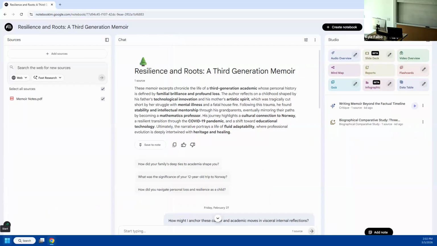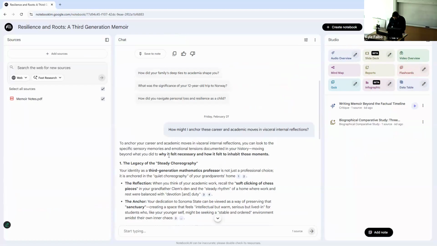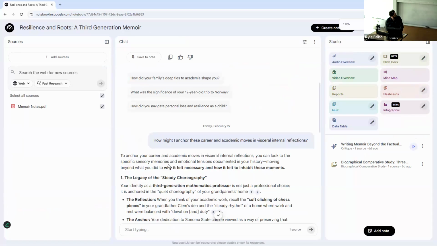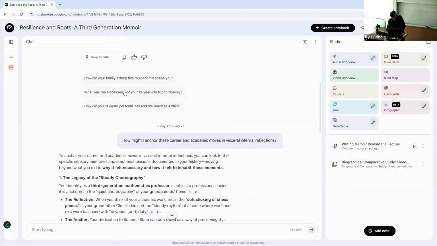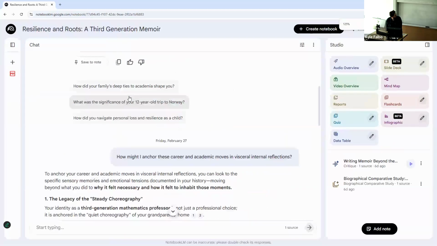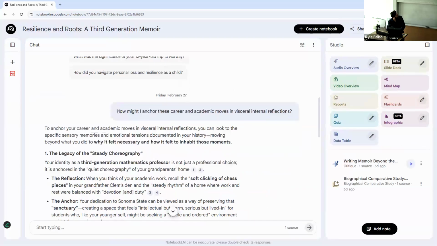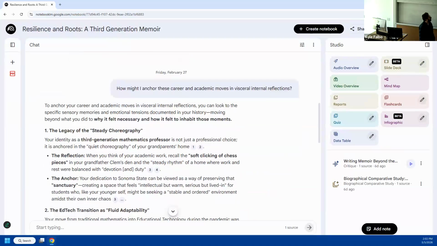But then you have the ability to ask questions of the documents themselves. So the first thing I tried is, okay, let me increase the font size on this one. Close that down. How might I anchor these career and academic moves in visceral internal reflections?